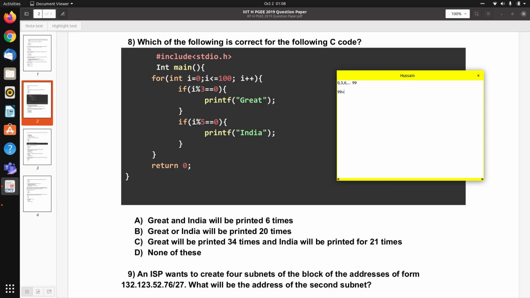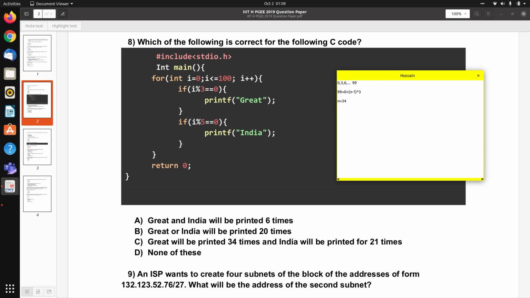So 99 equal to 0 plus n minus 1 multiplied by 3. This is the formula for the nth value of an AP. So n will be 34 here.